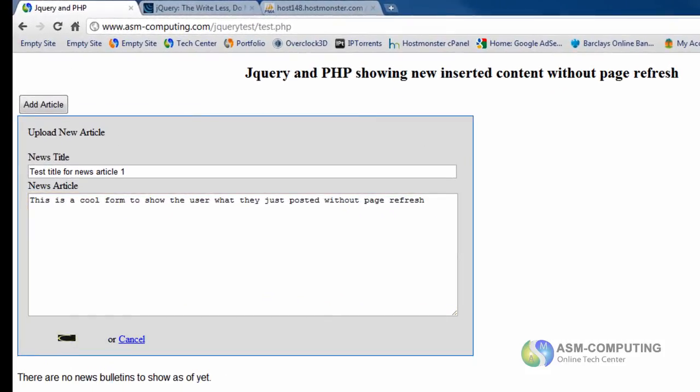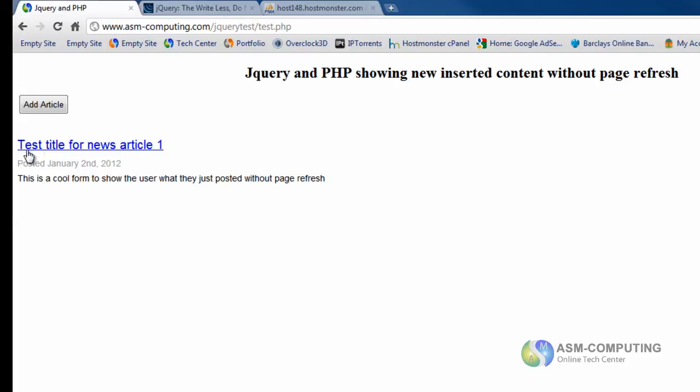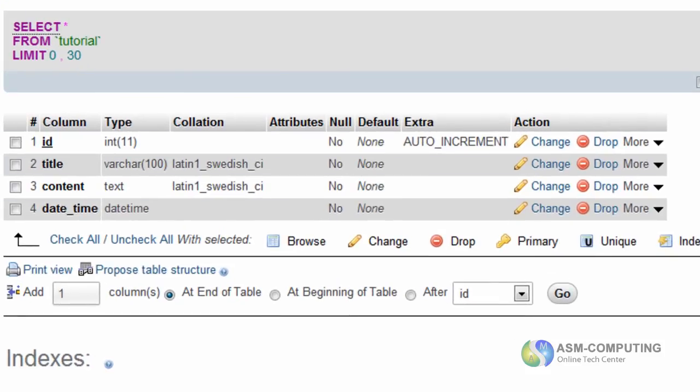So submit. As you can see, we have test title for news article 1, which is a link, posted January 2nd 2012. This is a cool form to show the user what they just posted without page refresh, and nothing was done or no page refresh was needed. Go back to browse.